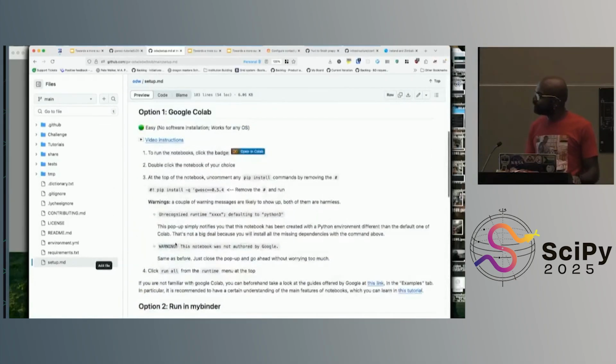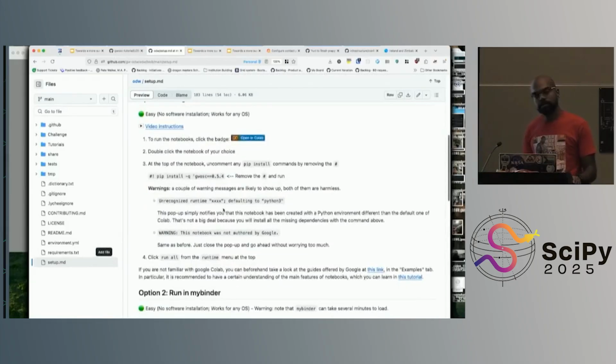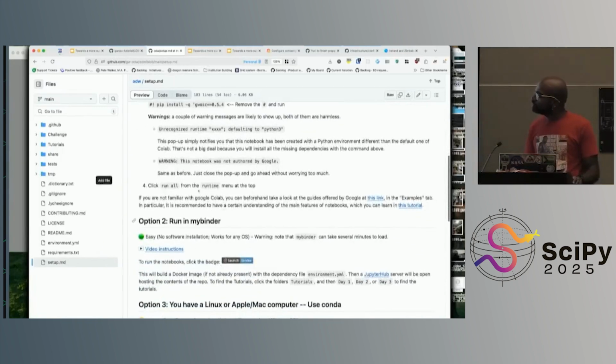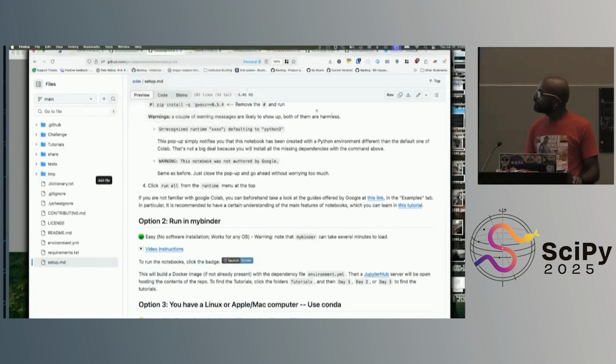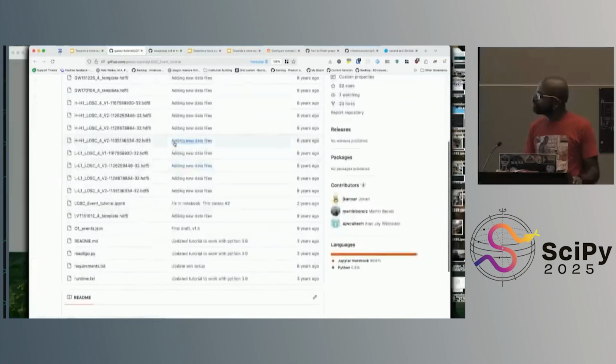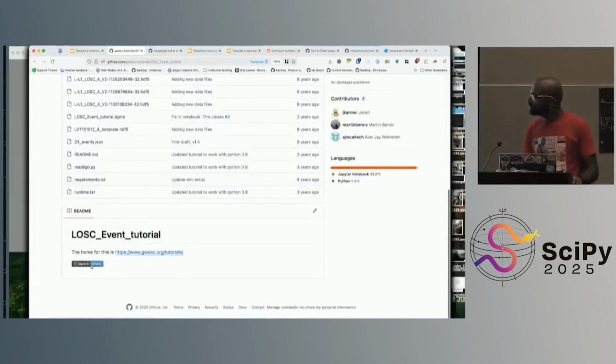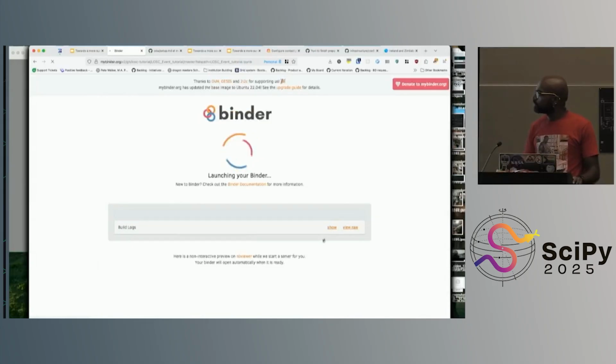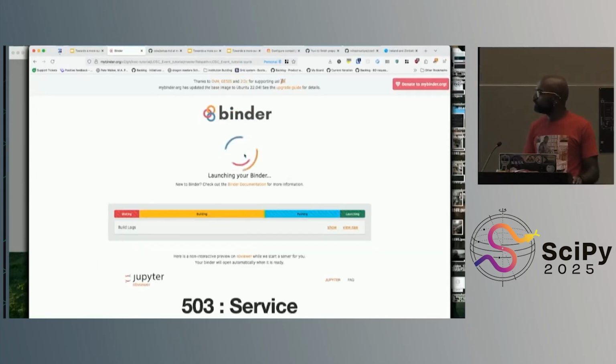Or you can use Colab and do a bunch of stuff in there, but again, that's a proprietary service, and it has its own set of problems we'll come to later. Or you can use Binder. So if I go back to the repository, you can see that they have their code and their environment and a little bit of their data, and then I can click Launch Binder. This may be familiar to some of you, and sometimes it just spins and spins and ends with tears, or doesn't end. You're like, I guess I'm not using this today, and those are the reliability problems that you'll acknowledge and deal with and talk about as part of this.